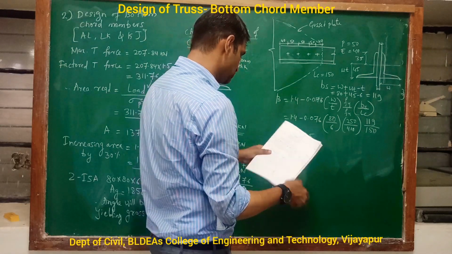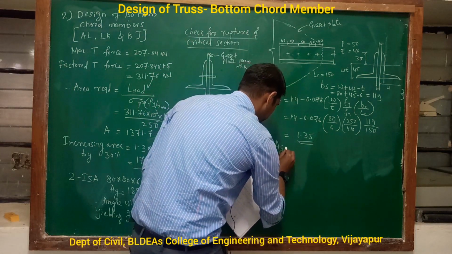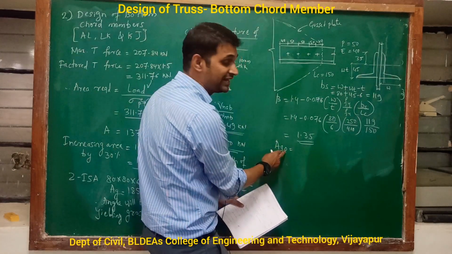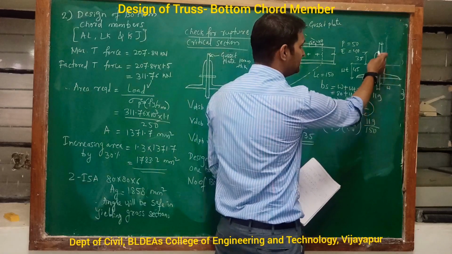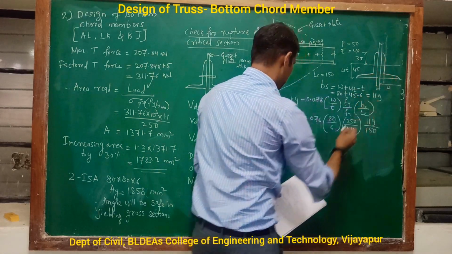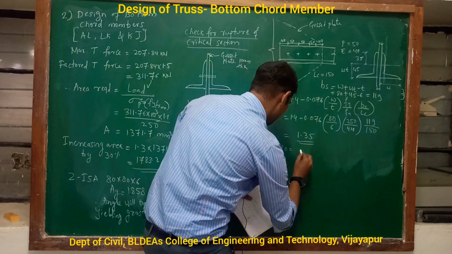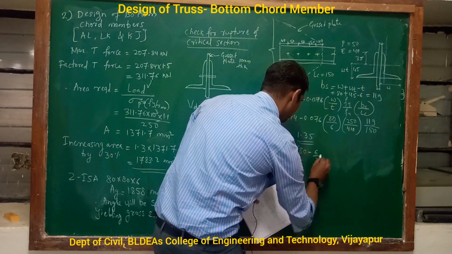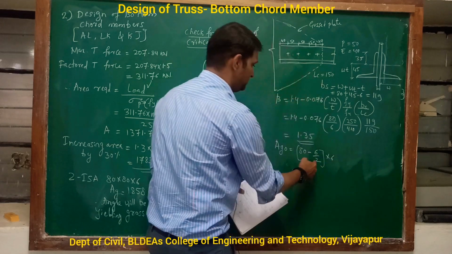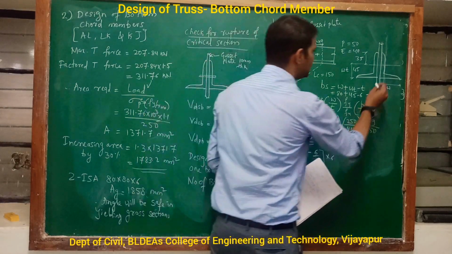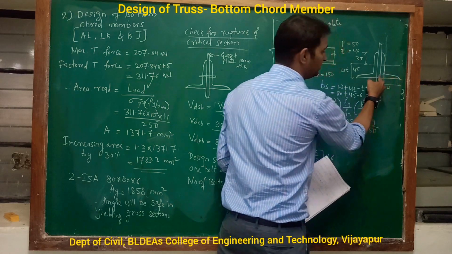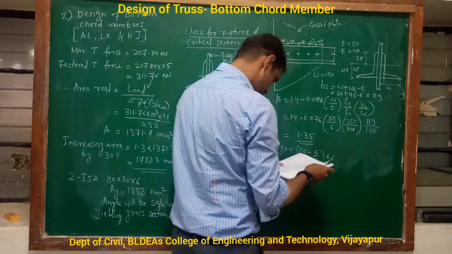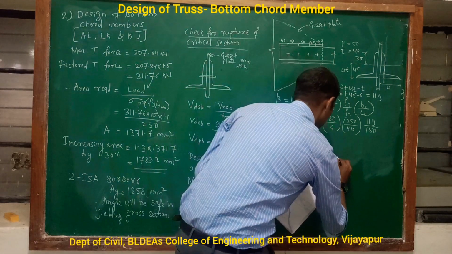So now beta we have got. Next you have to calculate is what? AG naught. AG naught stands for gross area of outstanding leg. Now this is the outstanding leg and this is the connected leg. Therefore gross area of outstanding leg will be 80 minus 6 by 2 into thickness. This 6 by 2 is deducted for the common junction. So which will be 462